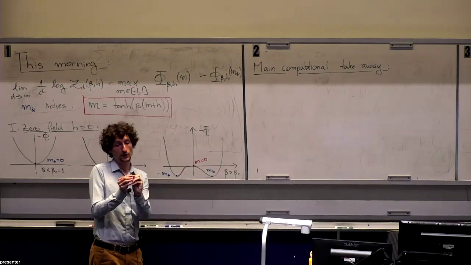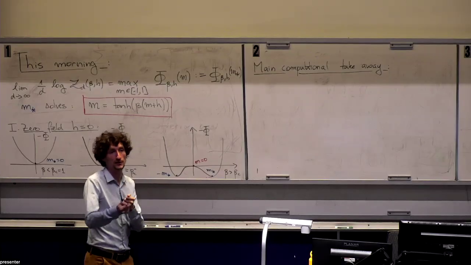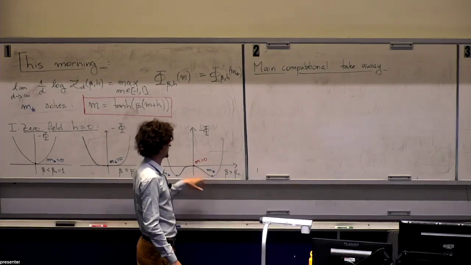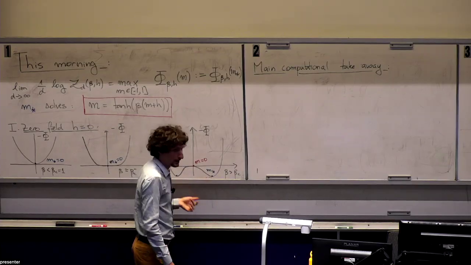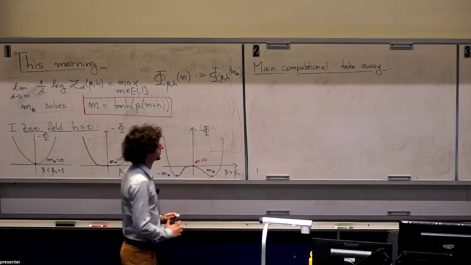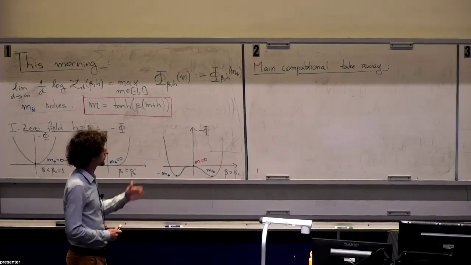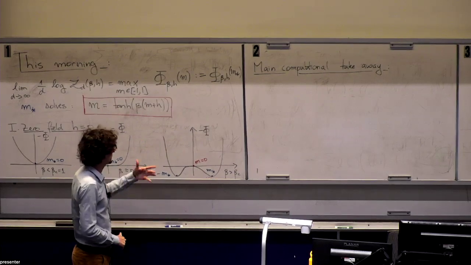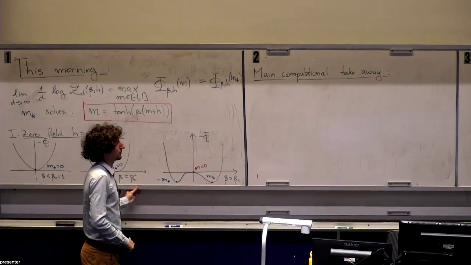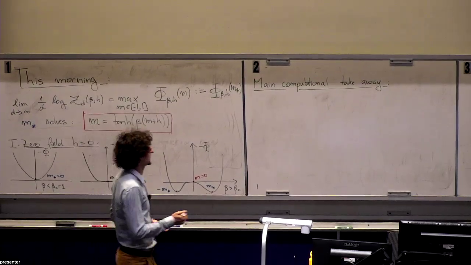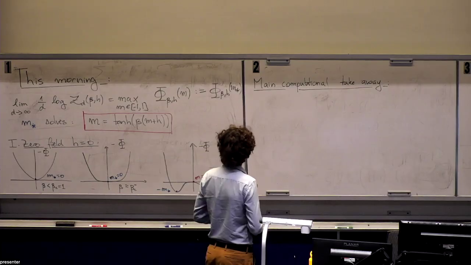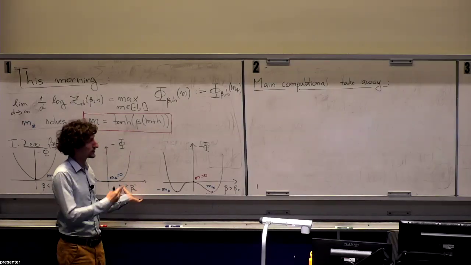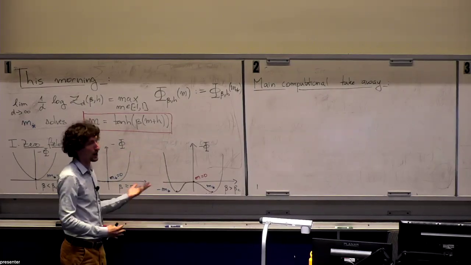So if your statistical fluctuation in the beginning is towards positive magnetization, you just converge to positive magnetization. If it is negative, to the negative one. And we ended up in this comment, which I think I rushed a little bit, on how I can interpret this in a computational way. So let me just repeat what I just said in a more mathematical way, and the relationship between this kind of picture and the impact of this type of phenomenology on algorithms.